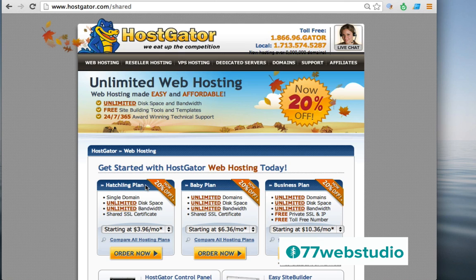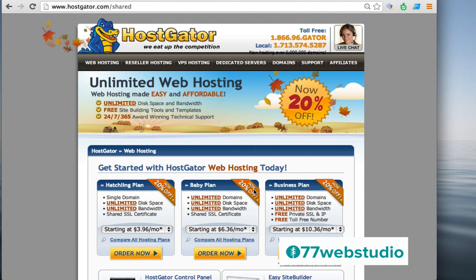So in the event that you are planning on creating an e-commerce website, most likely the baby plan is going to be a better fit for you because you can add an SSL certificate, which will provide extra security to your site. Now, keeping that in mind, if you plan on using PayPal as your main form of payment method for your e-commerce website, then you can use the hatchling plan because with PayPal, the SSL is included on the PayPal site. In general, though, if you are planning on an e-commerce website, I would go with the baby plan.